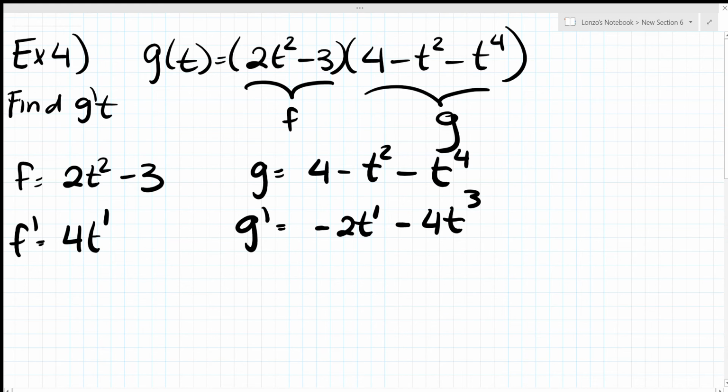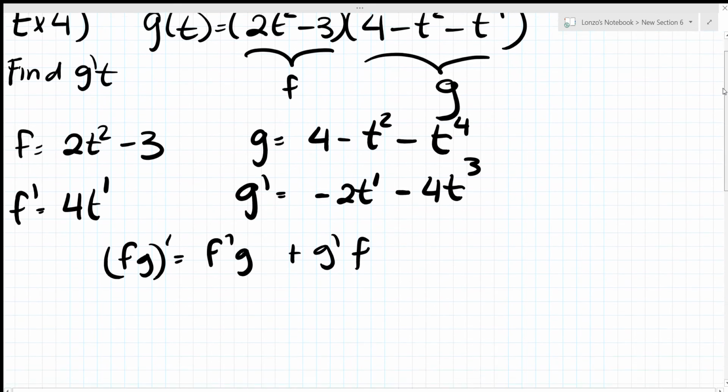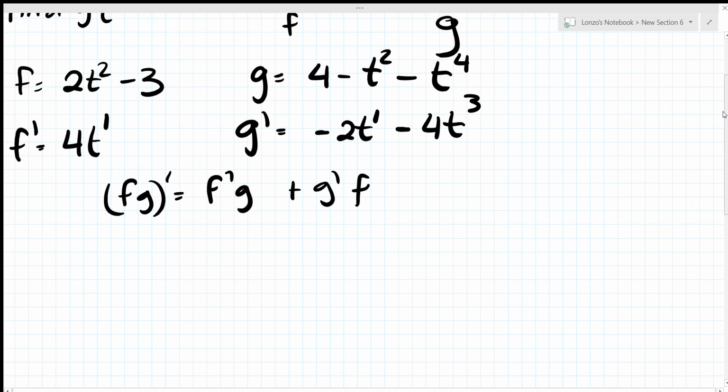Good. Now just use the product rule. The product rule is f g prime. It's just f prime of g plus g prime of f. So, okay, g prime of t is f prime, which is, what is f prime? 4t,